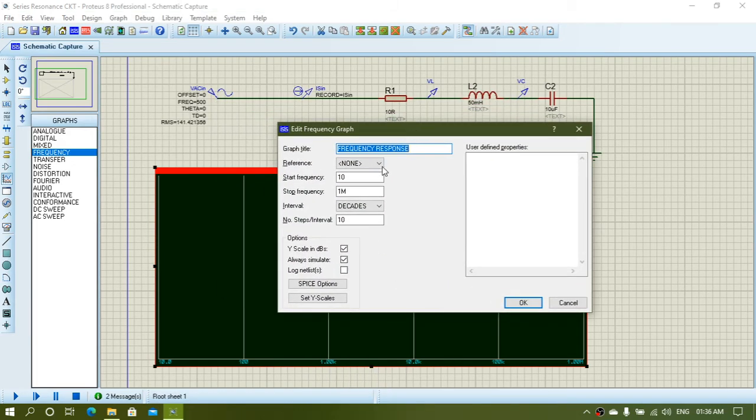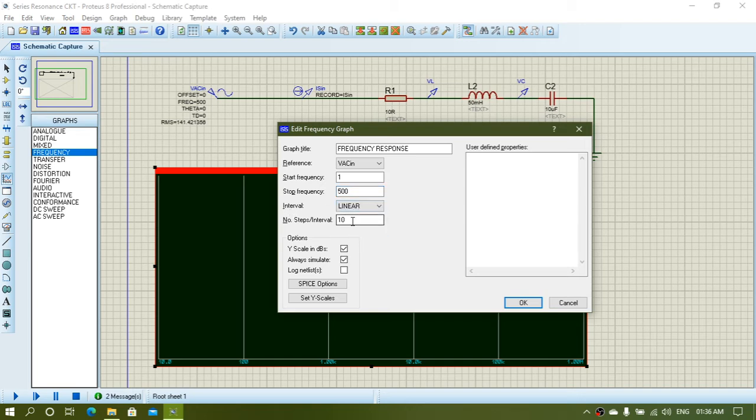So first you will have to assign a reference for this graph, that means the reference for the x-axis. For here our experiment will take the frequency source, the sinusoidal source, as a reference, and our start frequency will start from 1 Hz, and our application frequency we already know is 500 Hz, and the interval should be in a linear manner.